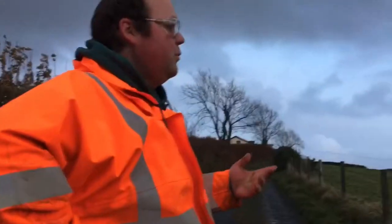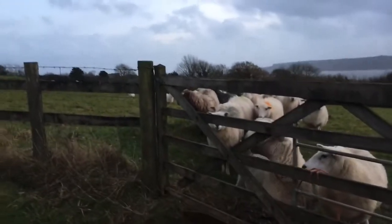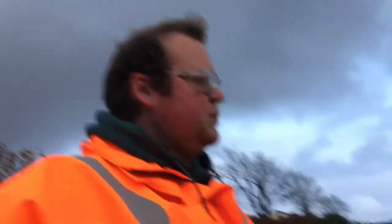So all of the sheep are back in, so between me and Sid we've put them back in. Actually in the field they were first in when they came here about 2 months ago or something. But we've actually had a bit of regrowth on it, so they'll be alright for a day or two. While we just fix one broken gate, and there's another gate on a footpath that they could easily probably get